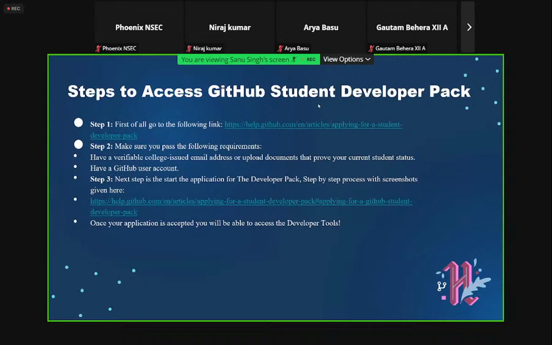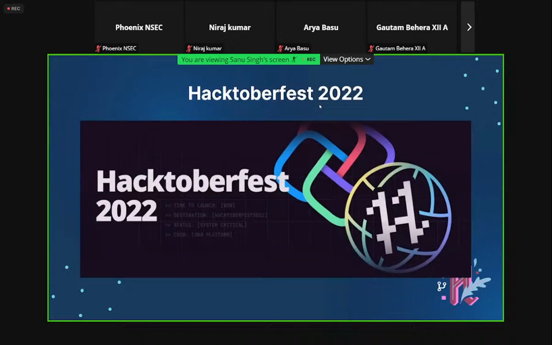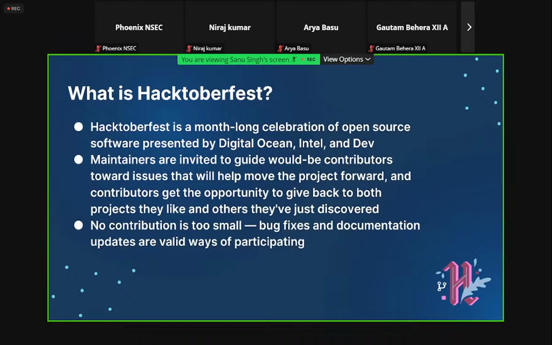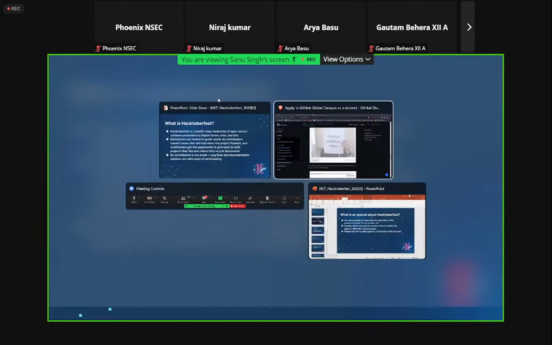And you can look straight to the main topic, Hacktoberfest. What's Hacktoberfest? Hacktoberfest is a month-long celebration of open source software presented by DigitalOcean, Intel, and Dev. There are some maintainers, there are some contributors, they can contribute to it, maintain a repo. So I guess as we are participating in Hacktoberfest,